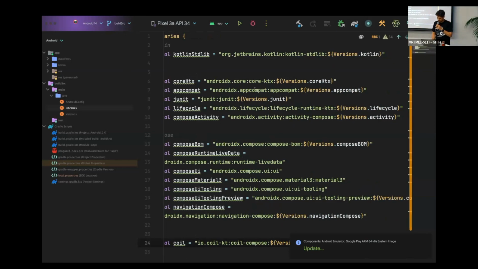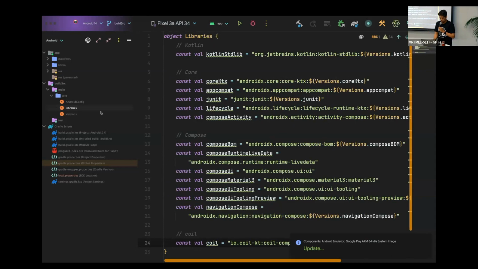And the good thing is, if the library is part of some group, over here I'm using the Compose bill of materials, but let's say you were not using a bill of materials, and all these libraries share the same version number because they get deployed together. You can just keep on referencing the same version number. You don't have to write the new version number again and again. That's just how Kotlin works.